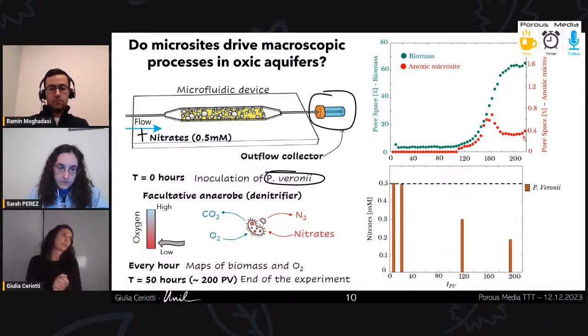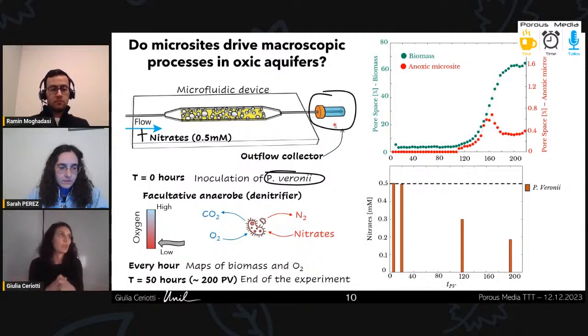I did an extra modification to my system. Instead of wasting the outflow of my chip, I started collecting it at different moments of the experiment with a very dedicated collector system, and I developed a system to measure nitrates in tiny volumes that are discharged by the microfluidics device. We are talking about 30 microliters per hour, which means that we cannot apply the typical analytical